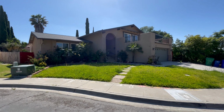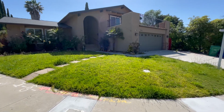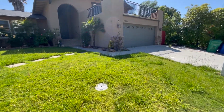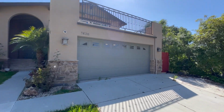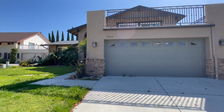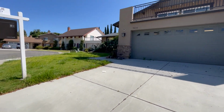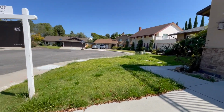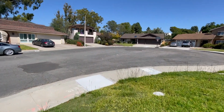All right, so let's take a look at the front of the house. Notice the grass is a little bit overgrown, but I want to get you out here to take a look at it before the landscaper came. That way you can see it before it sells, because it's going to sell pretty fast. It's a nice home in a nice neighborhood at a very nice price. But look at the street that it's on. It's got this private